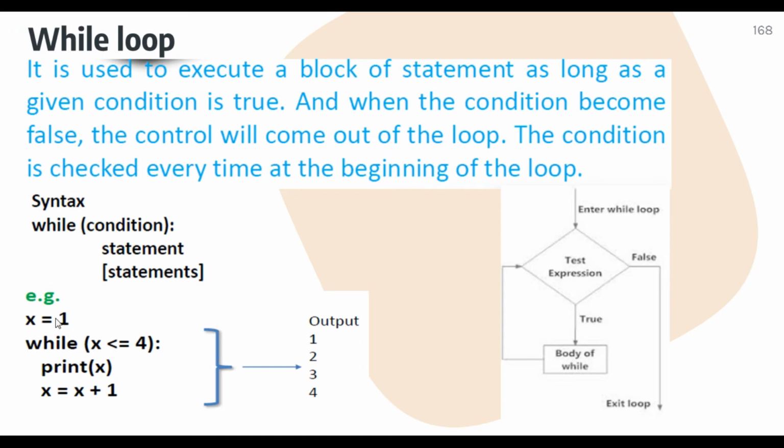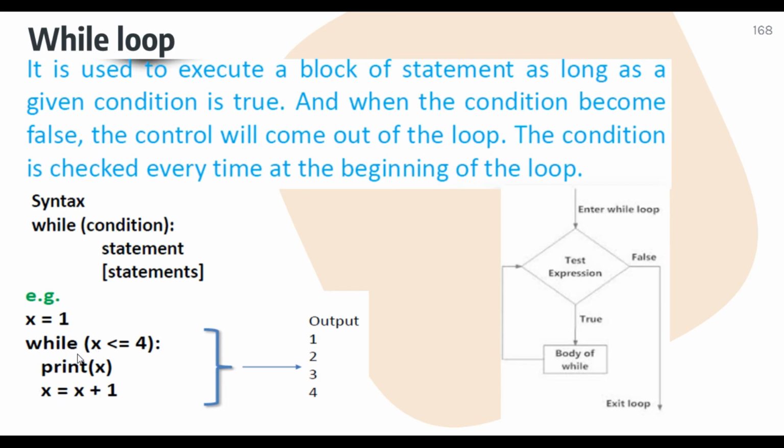Look at the example, student. Here is expression 1, the initialization: the loop variable x is initialized to 1. Now under the while loop it checks whether x is less than or equal to 4. Here it is definitely true, so x will print. Expression 3 is manual, meaning it can be a formula, a calculation, or a step, so it is up to you. So x equals x plus 1, and x was 1, so now x will be 2.